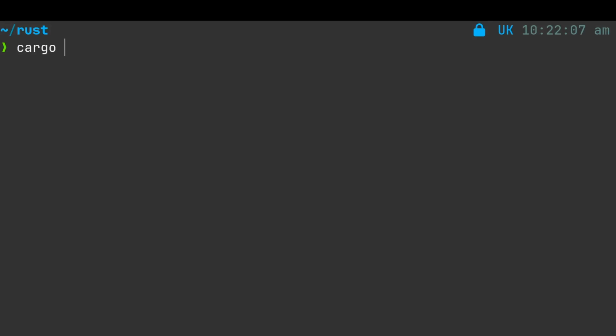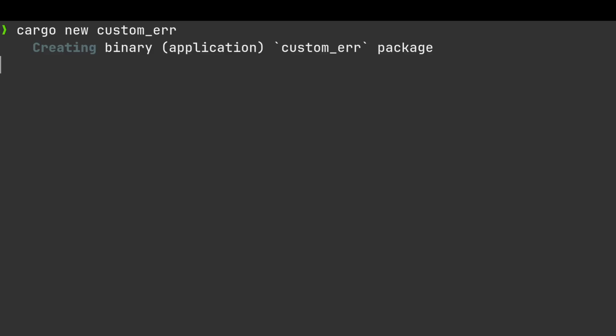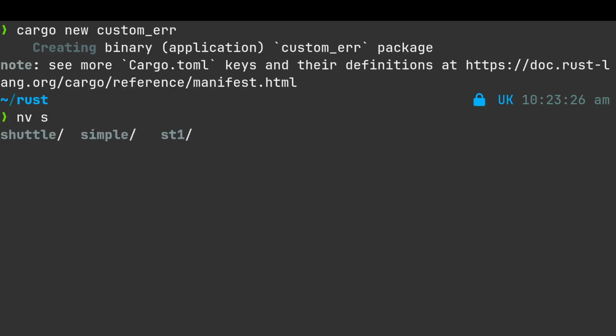So I'm just going to type this from scratch, and I think it's a little bit more authentic if I do this from memory rather than looking at a second screen. You'll have to trust me on that. So let's call it custom error. Let's go into